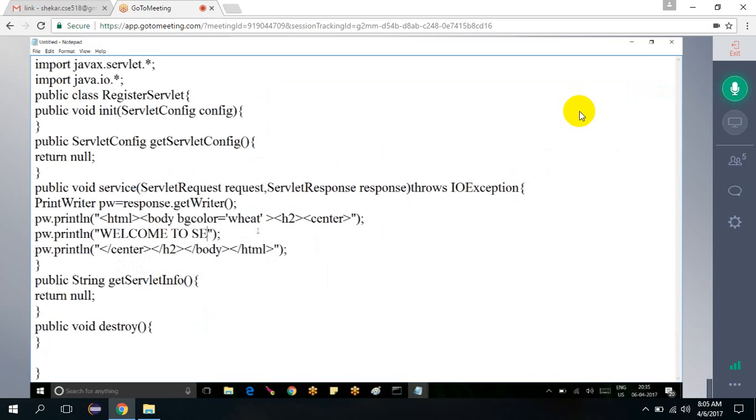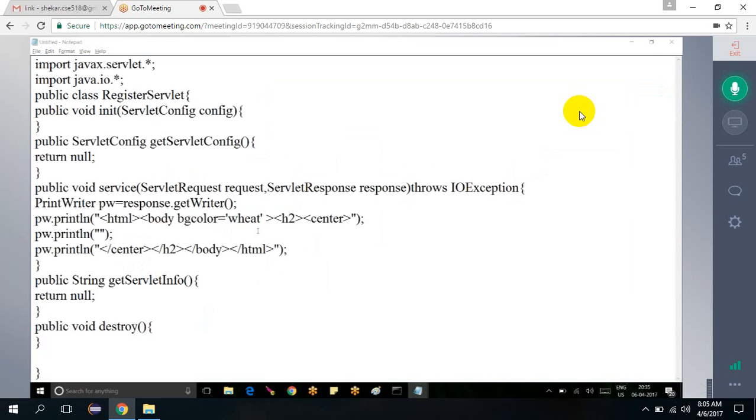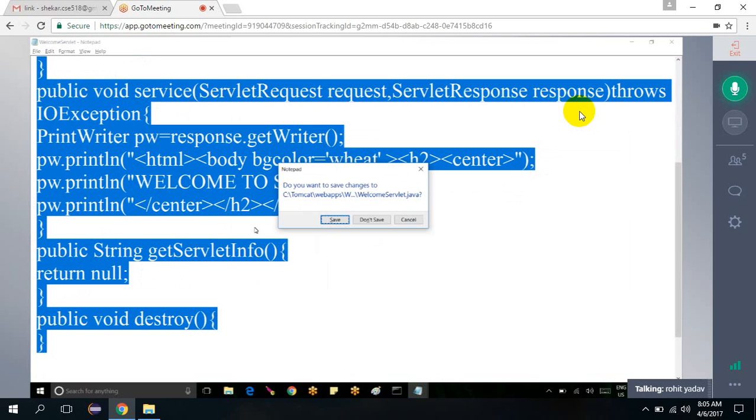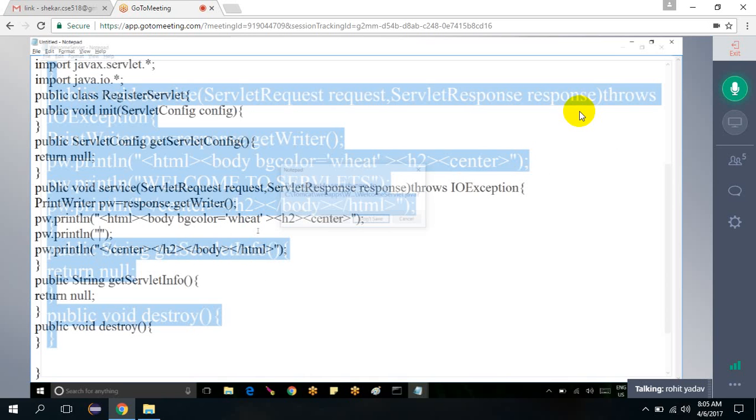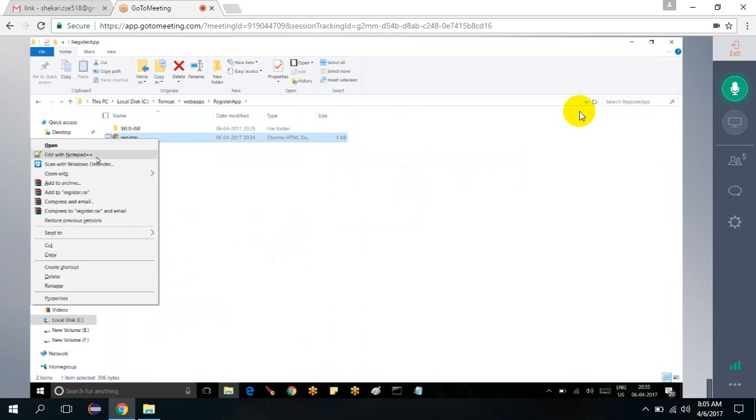But before that I need to retrieve the values actually. From where I have to retrieve the values? From the HTML part. Like say, I'm writing an HTML thing, right? Web apps, local, register app. In this register app, the HTML part will be there. So in this HTML, I'll write